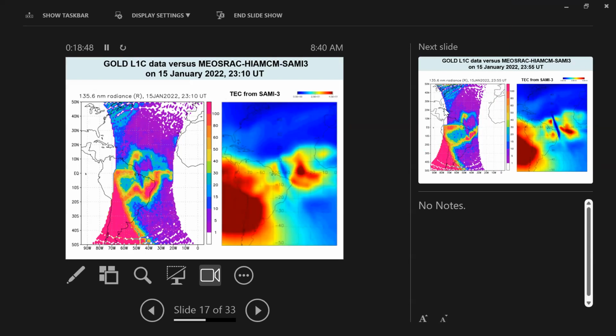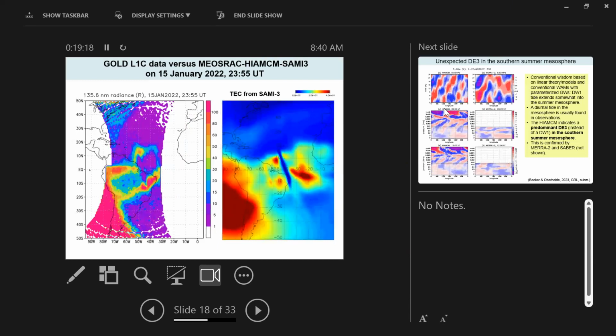crests of the EIA actually merge, and it somehow looks weird, completely different from usual. And something similar is also seen in the SEMI3 simulation. So we also did the SEMI3 simulation without the Tonga eruption, and then everything looks as usual, so to say. So that's why I didn't show it. So the SEMI3 actually captures some of the changes of the equatorial ionization anomaly that was induced by the Tonga eruption. So here's the same figure